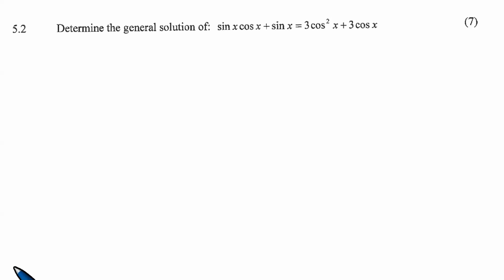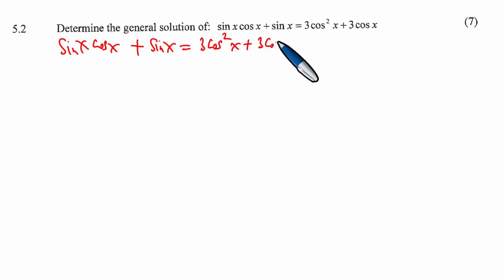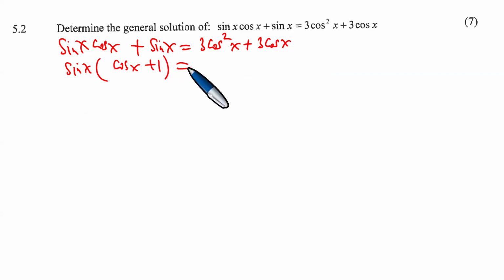What do you think now? What is the first thing? Gonna factor out sine x. Can you factor out sine x? Okay, let's check that one. Very brilliant idea. We can factor out sine x. Let's do that. So in the exam, obviously you need to first write a solution like this. So we are writing the question. It is sine x cosine x plus sine x equals 3 cosine squared x plus 3 cosine x. Okay, we factor out sine x, giving us cosine x plus 1, which equals, and then